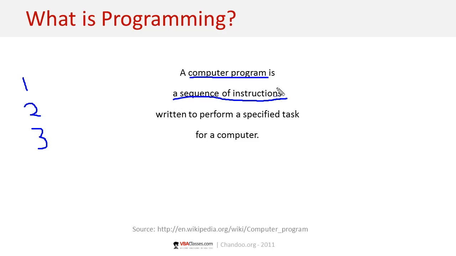Why are these sequences of instructions there in the first place? They are there because we want to perform a specified task. Again, computer program, if you just blur the words computer here and here, you could just put the word... let us say we hire a secretary to help me with running this VBA classes, and I have written a